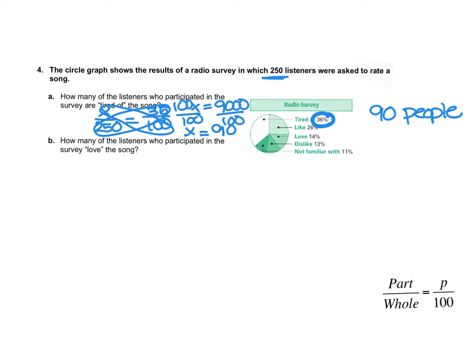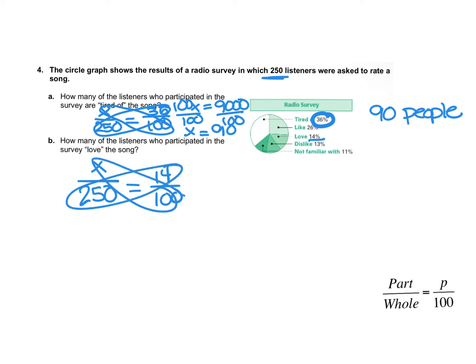All right, letter B, it says how many of the listeners who participated in this survey loved the song? So if you come over here, we have 14%. So again, that 14 is going to go all over 100. We'll have 250 total listeners, and then we're going to solve. So we're going to cross multiply and we're going to divide. So you'll have 100x is equal to 3,500. And then we divide by 100 again. And so we should have 35. So we have 35 people or listeners